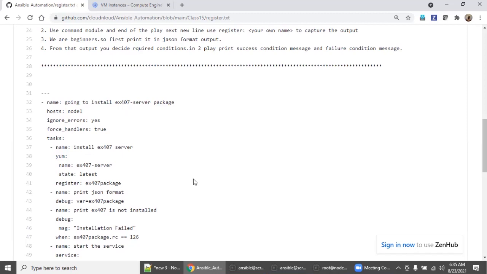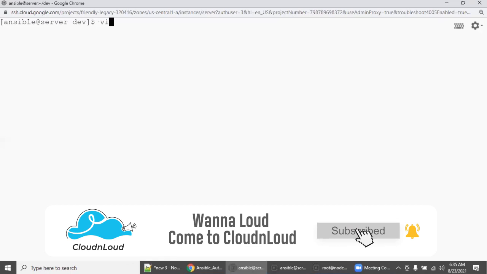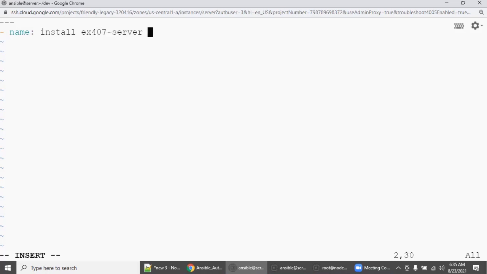Then what do you have to do? Let's go here and create some file, soft1.yaml, some file name. I'm zooming it. Go to insert mode, hyphen, then hyphen name: install ex407 server package.